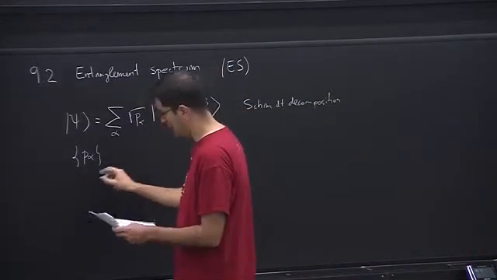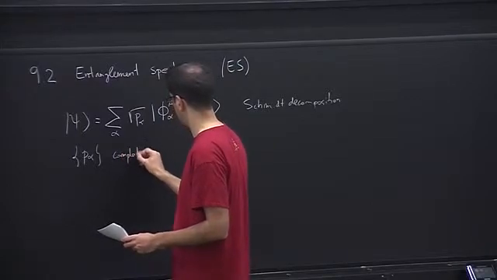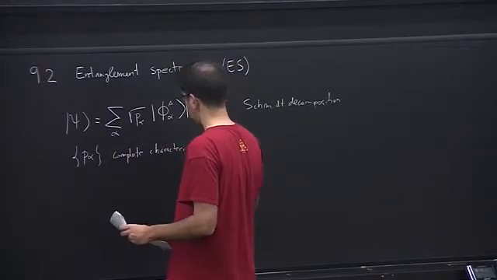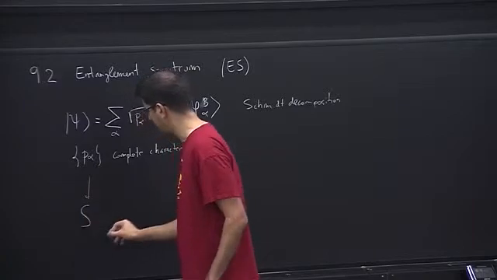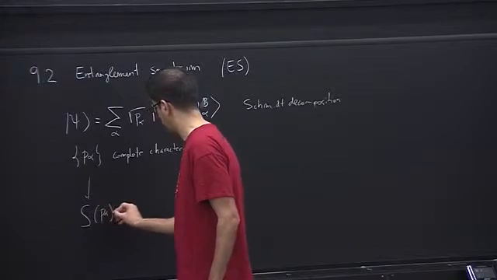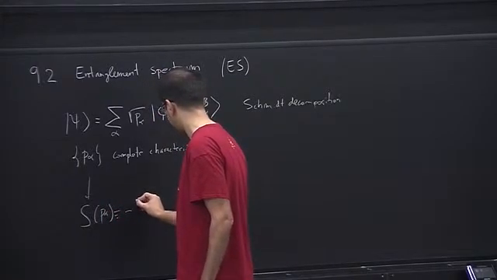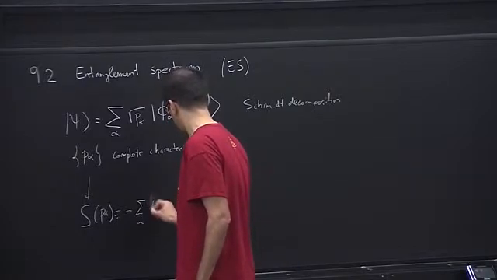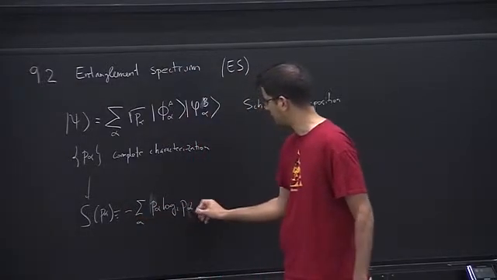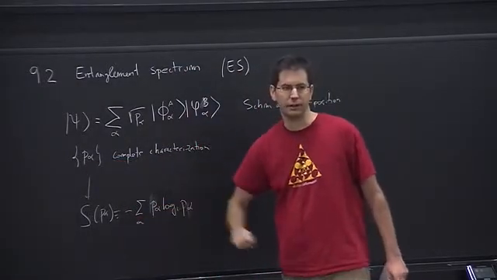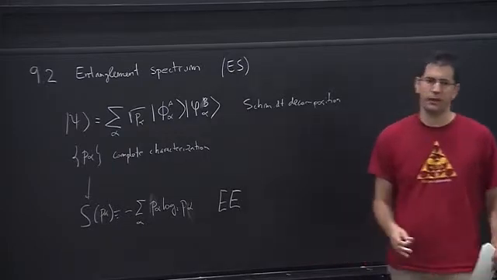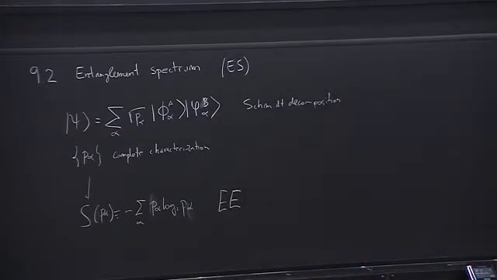But so this was the complete characterization. But since then, we forgot about that, and we just took a very convenient and useful function of these coefficients. Okay, and we've thrown away the rest. I mean, there is much more information here than here. Okay, so working with the entanglement entropy was, if you want, necessary to simplify things and to make progress, and